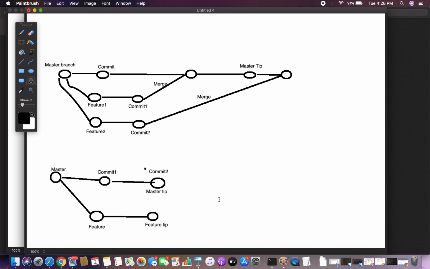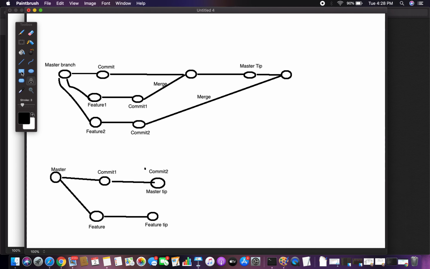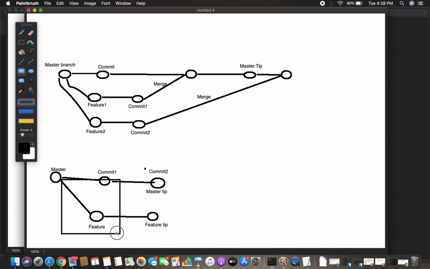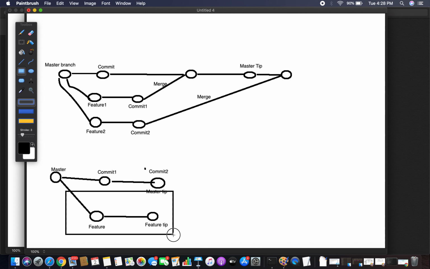Rebase means whatever changes you made on this feature branch, this whole thing, this particular feature branch and this feature tip, everything will be moved to this particular commit.